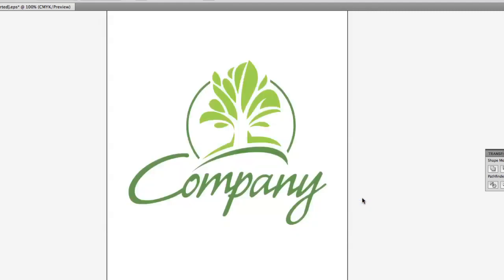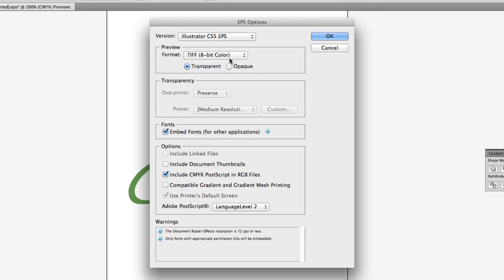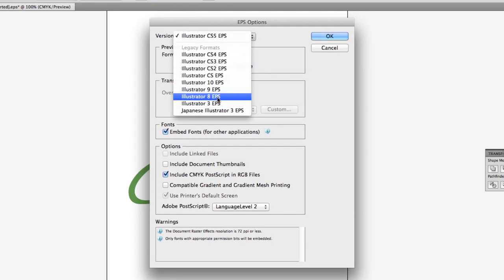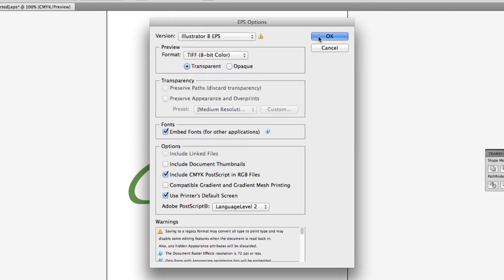And when you save these files, make sure you save them in Illustrator 8 format. Boris Continuum Complete Extruded EPS likes Illustrator 8 EPS files. Those are the most compatible. So we're going to select EPS 8, click OK,